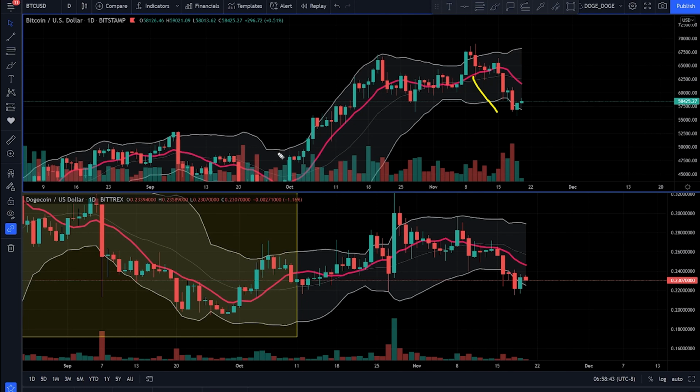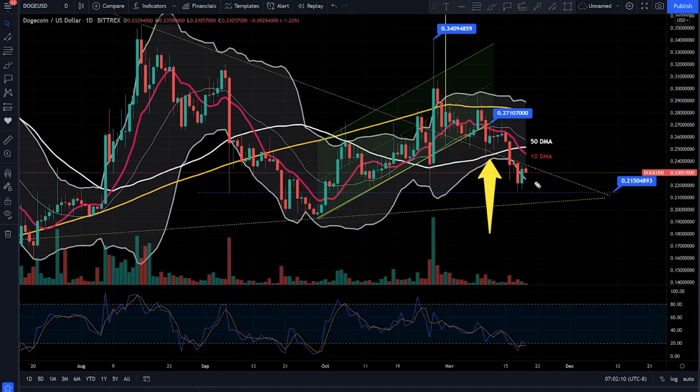So the problem with Doge is Doge declines when Bitcoin declines. It doesn't do much when Bitcoin goes on this bull run. And that's why we see the price of Doge very much struggling. And the trend has been downward. So now Doge is struggling. If we look at these major indicators, the biggest problem I see right now is the 10 days moving average